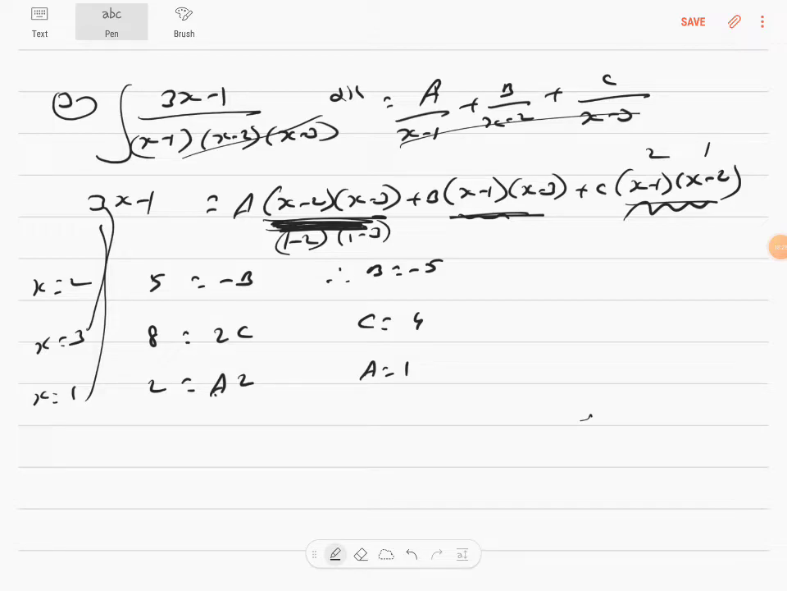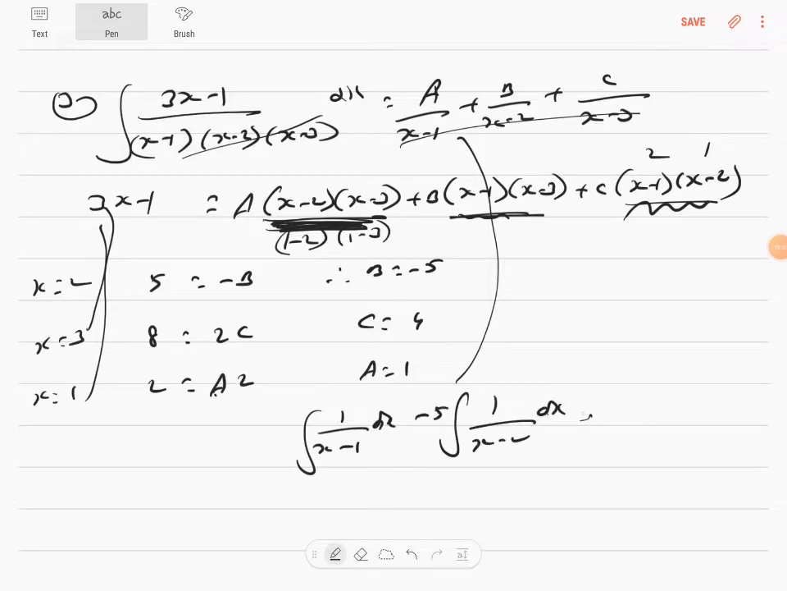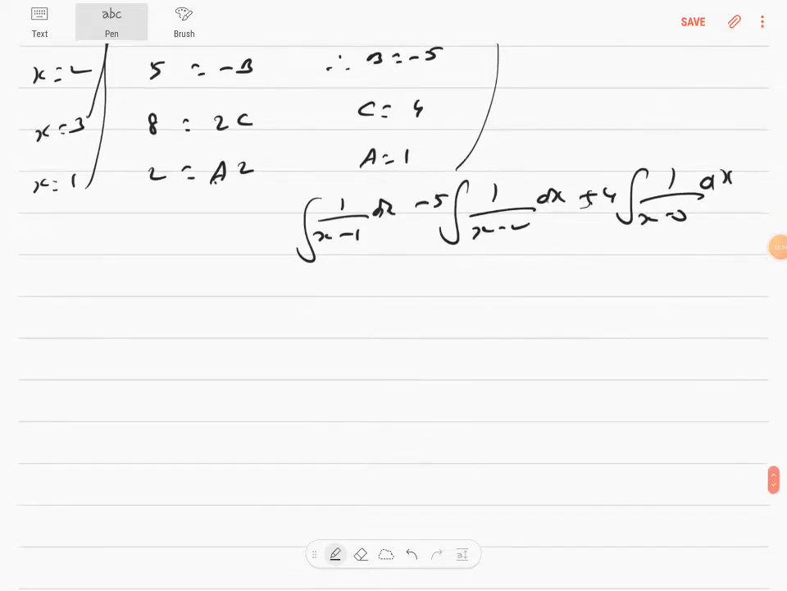Just check it. 1 minus 2, 1 minus 3 is minus 2 and minus 1, so yeah, 2a is equal to 1. So substituting all a, b and c back, you get integration of 1 by x minus 1 dx, plus b is minus 5, so you can always take it out, minus 5 times 1 by x minus 2 dx, plus c is plus 4 times integration of 1 by x minus 3 dx,